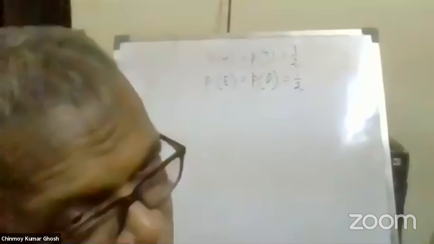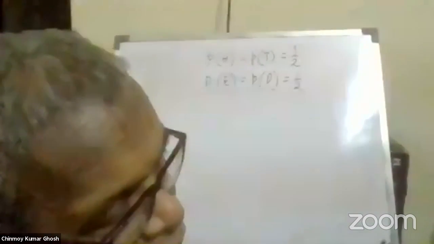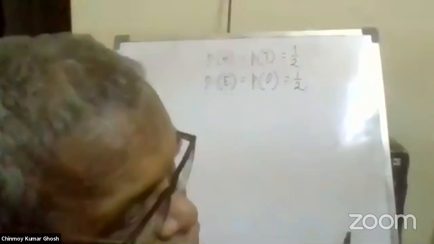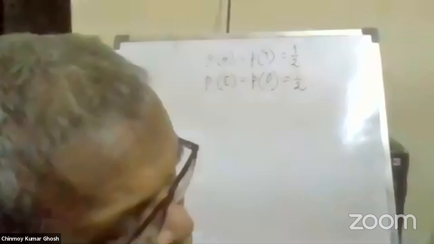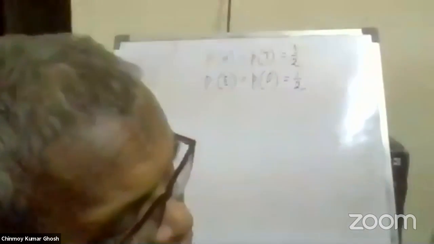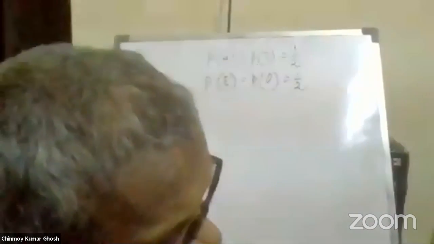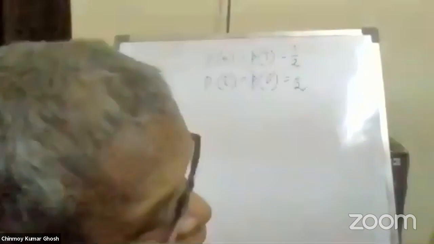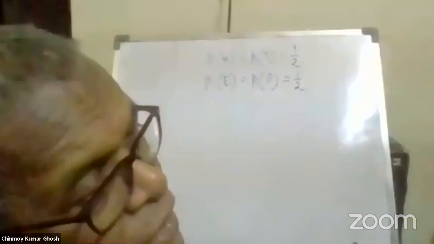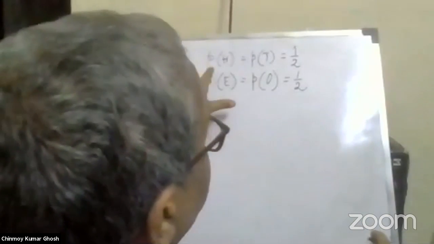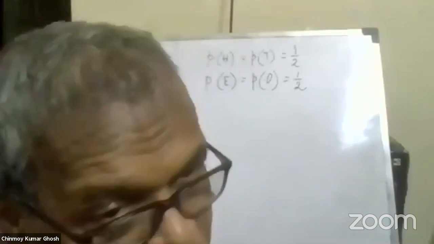But my question is different. In the next match, the captain walks into the arena, the central part of the field where they do the tossing, and he brings out a coin from his pocket, but he declares that he knows that the coin is biased. He tells that the coin is biased. So if the coin is biased, then pH is equal to pT is not equal to half.